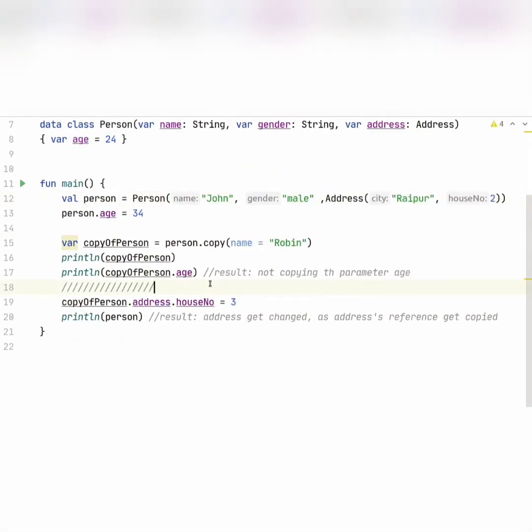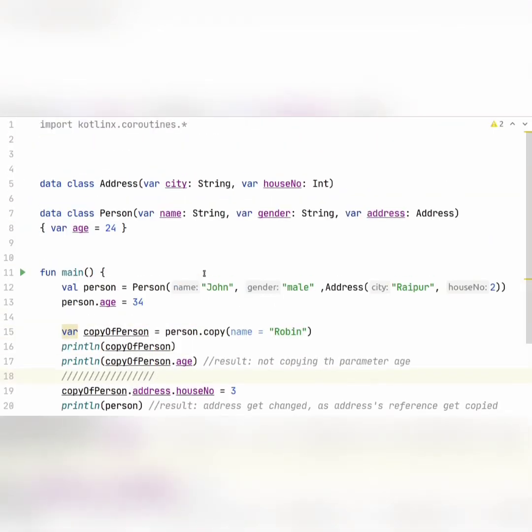So this is another example. I am taking two data classes, defining one data class under another data class. So I am defining the Person data class holding another data class, that is Address.